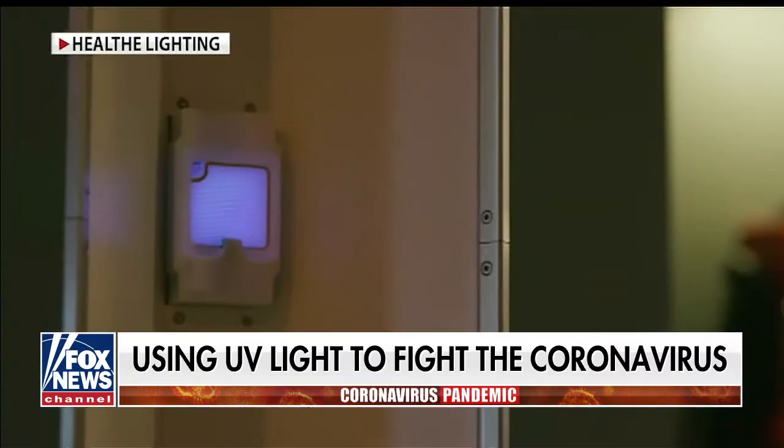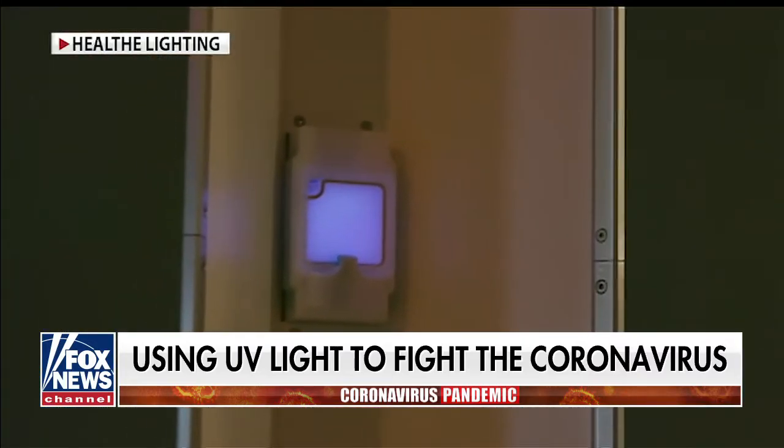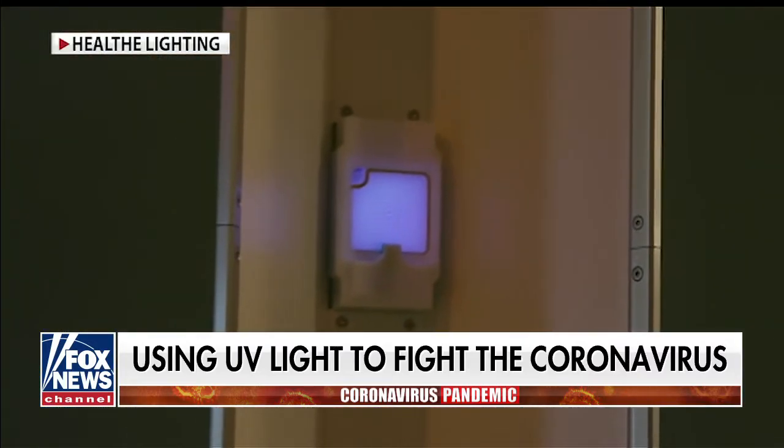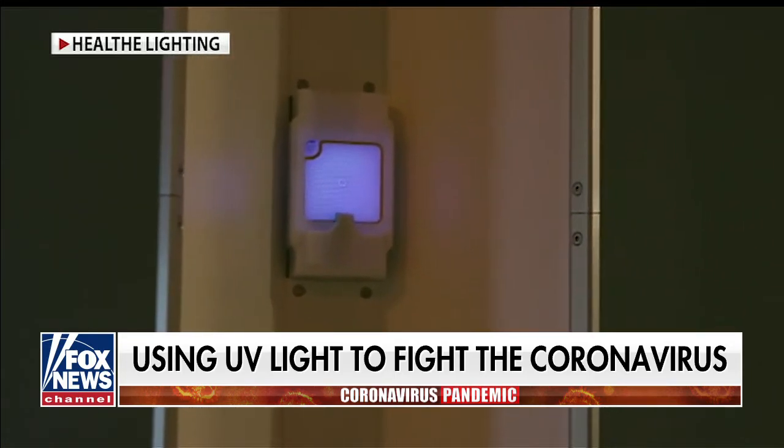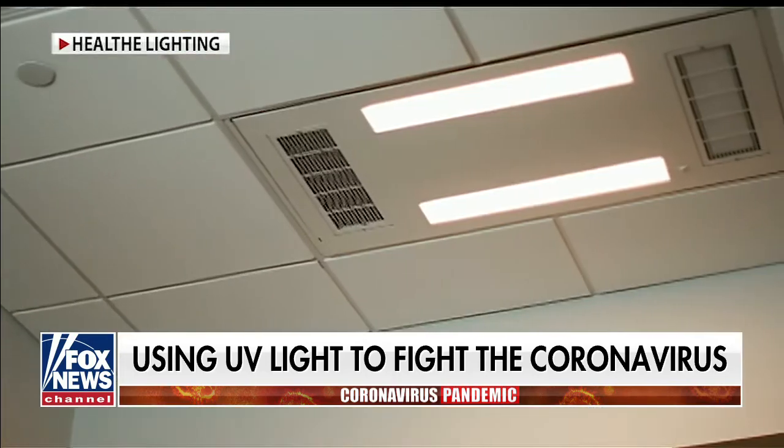Fighting the coronavirus with light. One company is using a type of ultraviolet light called Far-UVC to kill 99.9% of viruses and bacteria in the air and on surfaces. It's now being used in offices, restaurants, gyms, senior living facilities across the country, and even by